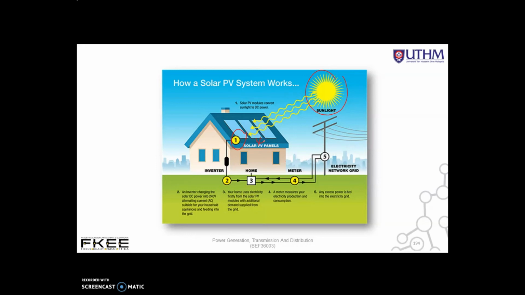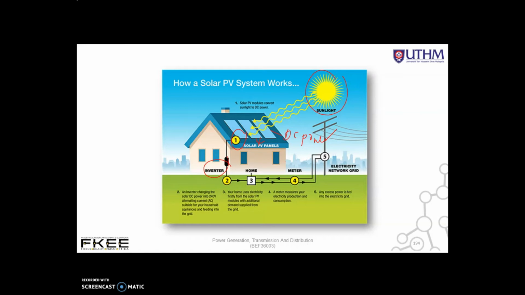And then it goes to the inverter. The purpose of the inverter is to change the solar DC power to single phase, which is 230 volts in Malaysia, alternating current AC, suitable for our household appliances and feeding